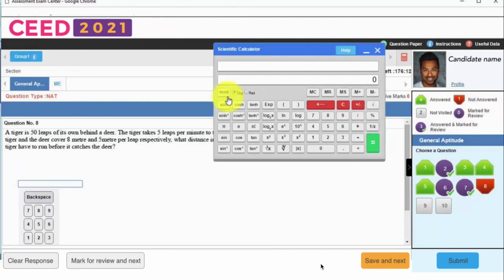So this is what the screenshot looks like. As you can see, this screenshot is really taken from the GATE examination. But fortunately, IIT uses the same programming for GATE, UCEED and many other entrance examinations. So let me tell you what you see in this interface.